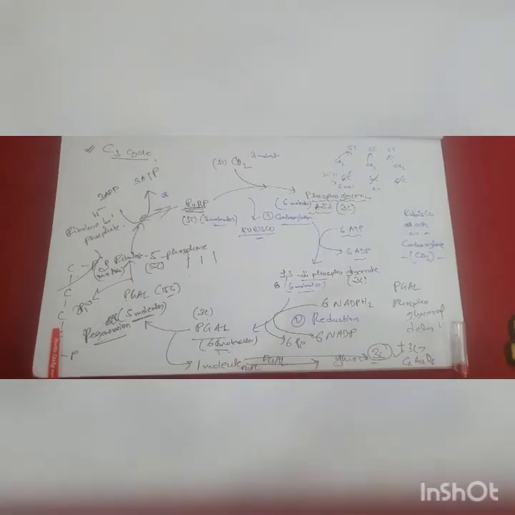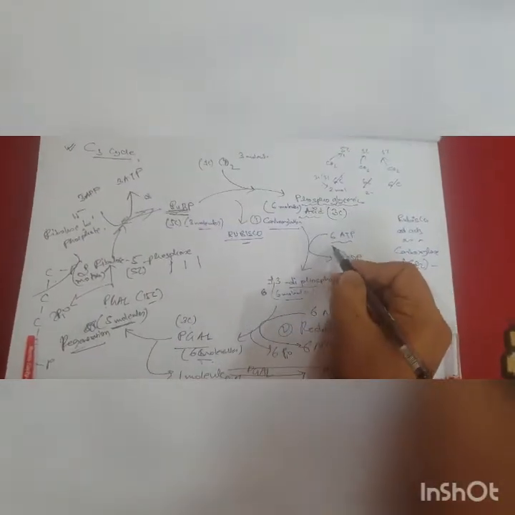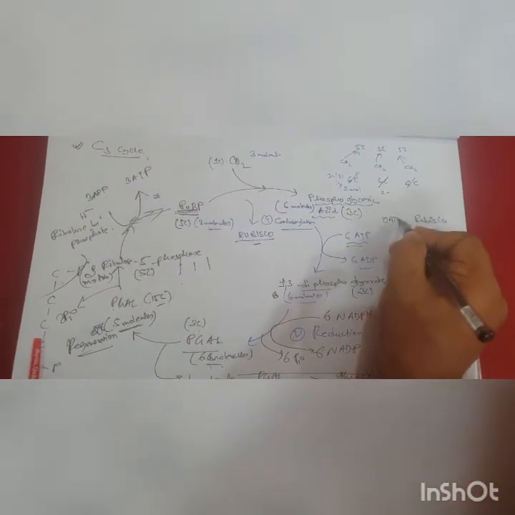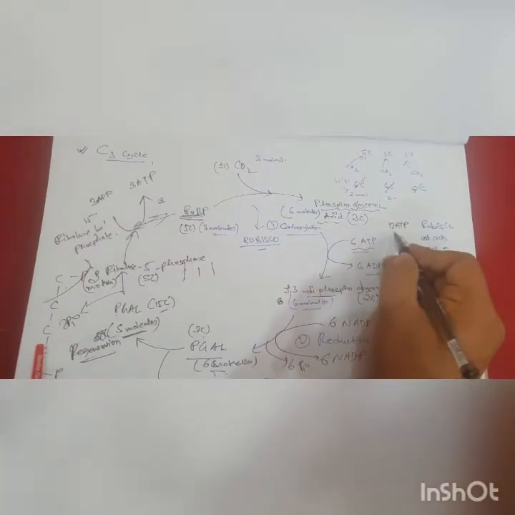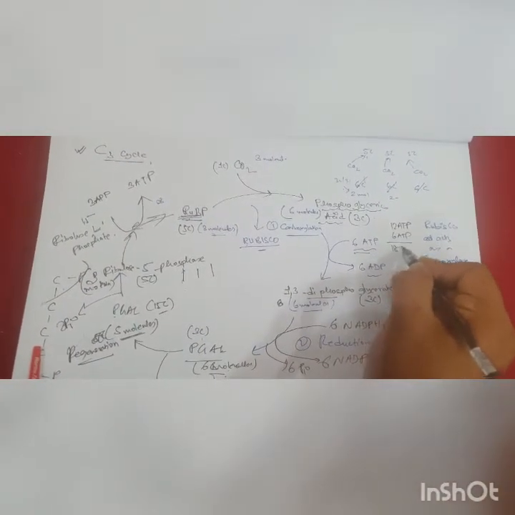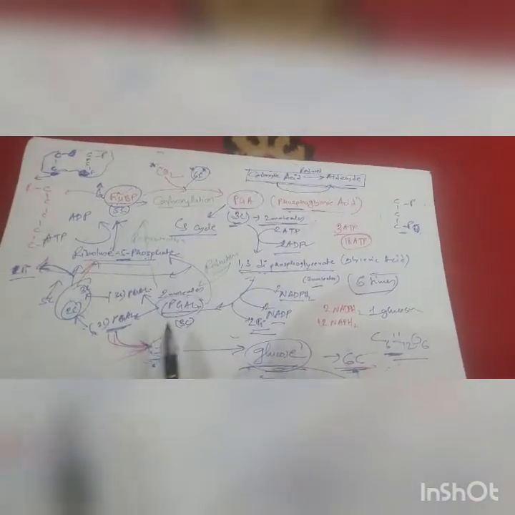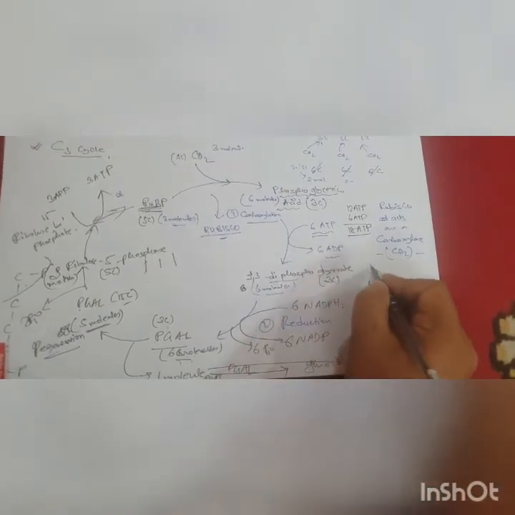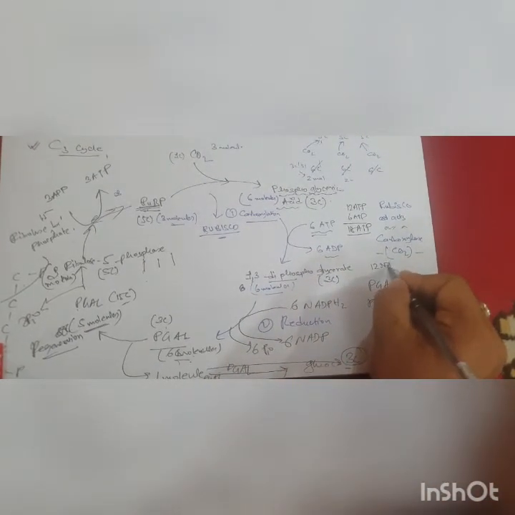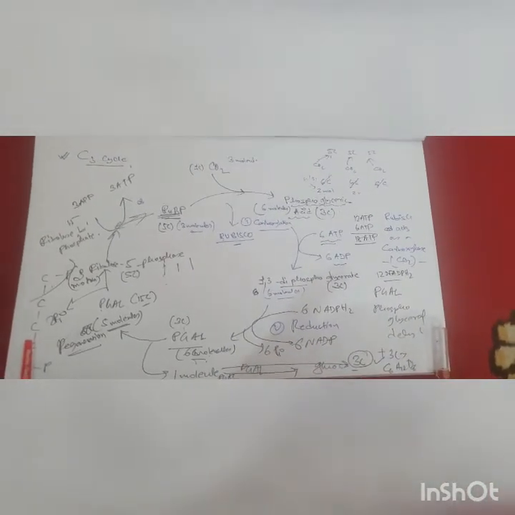Now if you want to count out the total number of how many times this cycle goes on to make 1 glucose, definitely twice. If it is twice, then there is 12 ATP used here, plus here 3 to just 6 ATP used here. So total 18 ATP is used. Also the previous day when we calculated, it was 18 ATPs because here we consider 2 ATP, 6 times it goes in according to this explanation, so 18. Anyway, if it goes twice, 12 NADPH2, last day also we did 12 NADPH2 only to create 1 molecule of glucose. I hope that you have understood the dark reaction of the C3 cycle well.